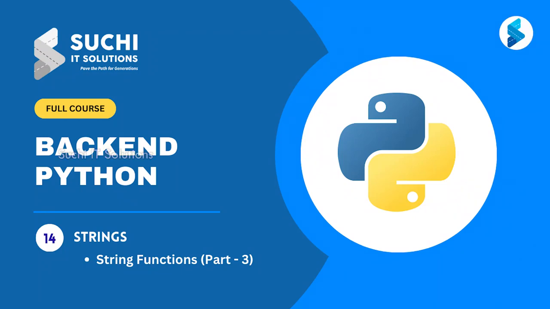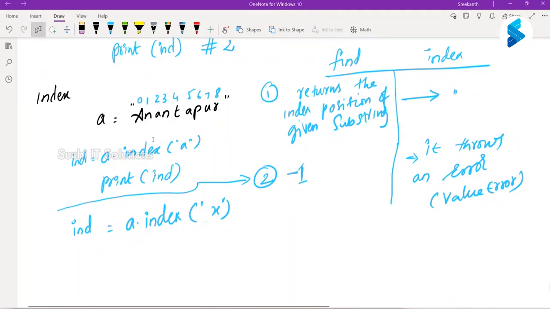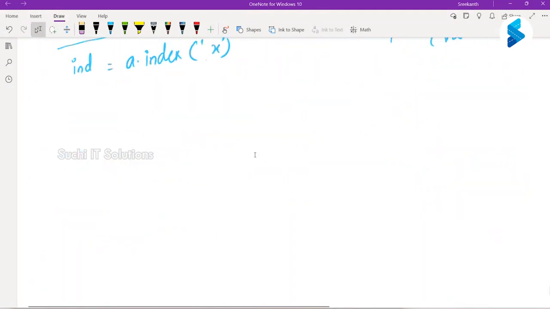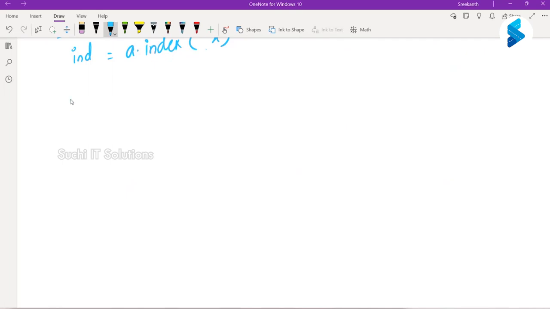Now the next function that we want to check is split. Let us say I have a string. What does the name split mean? To separate, right? To separate. Its statement is equal to